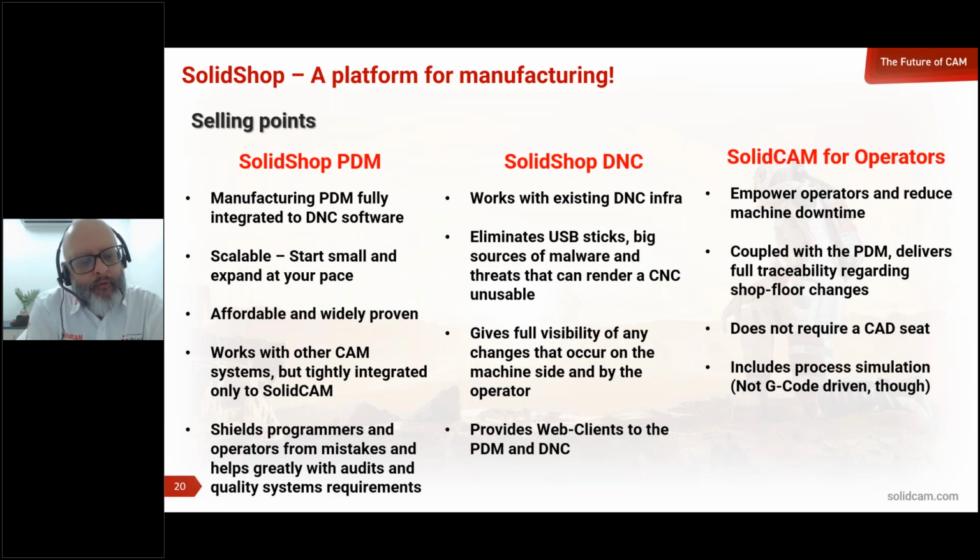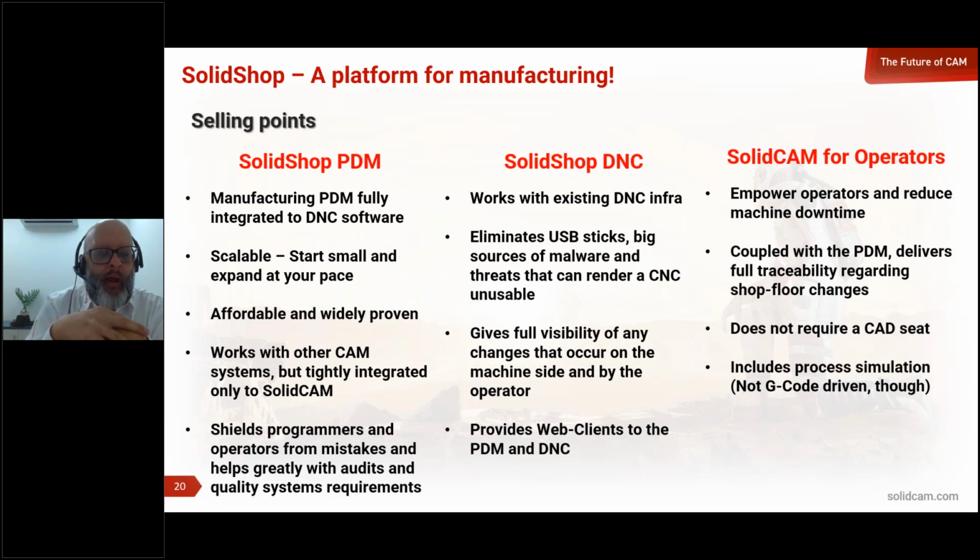And also, the PDM shields programmers and operators from mistakes. I cannot stress how great this thing is for quality audits and quality system requirements. It makes you bulletproof.